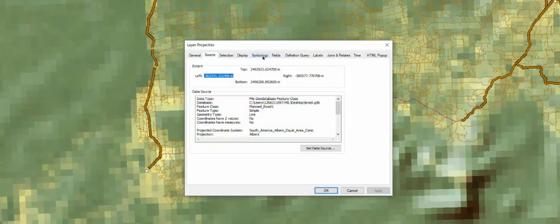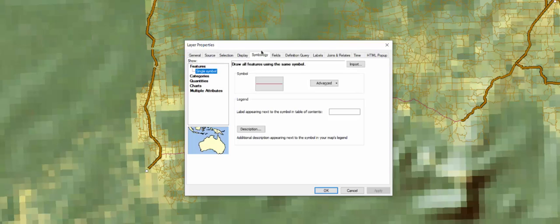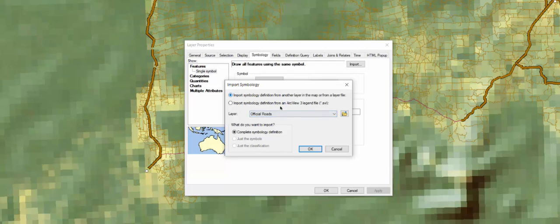Once the properties are open, we'll click on the symbology tab. Now, we'll give the proposed road symbology similar to that of existing roads, but it should also be distinct and attention-grabbing. So we'll import the symbology from the official roads by doing this, and it defaults here, but you can select it through a drop-down. Now, in the drop-down, it's going to list all of our vector data that is a linear feature. So right now we have 2 roads and official roads, but we want official roads, so select that and